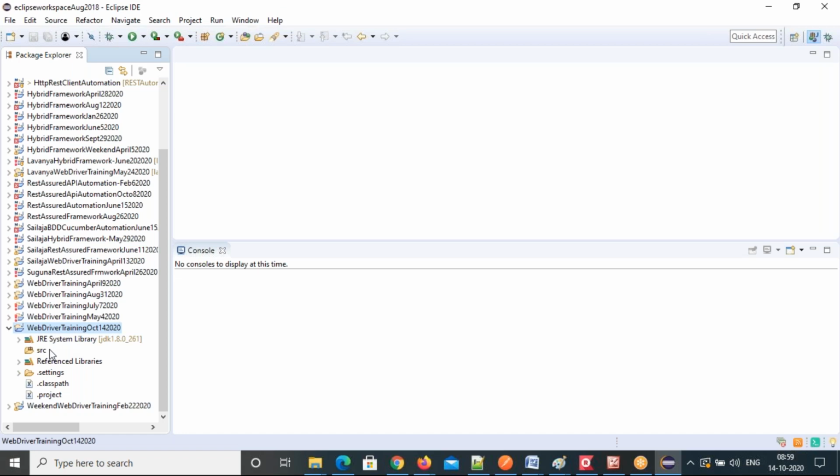Without having WebDriver jars, you cannot write the Selenium code. So remember that. If you are getting some error, it means you are missing some WebDriver jars. If you are not able to import something, it means some jar file is missing. You didn't add all the jar files inside the WebDriver folder to the project. That's why you are getting an error.